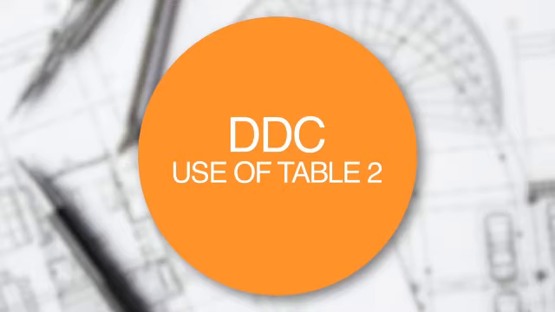Table 2 is to be used in two situations. One is when there is an instruction given in the schedule where we are classifying a book. The main subject of the book, we assign that subject somewhere in the schedules, and you will find an instruction given there to add to that number numbers from Table 2. It may be in the form of an instruction or it may be in the form of an indication. We can make use of Table 2 in one such case.